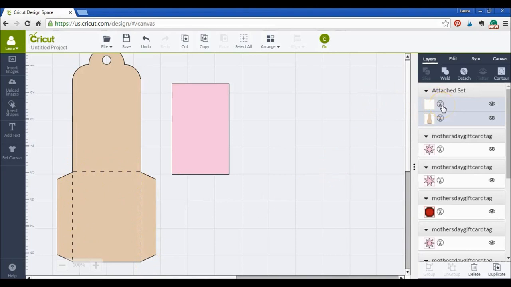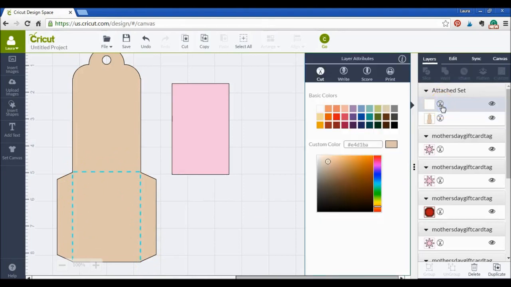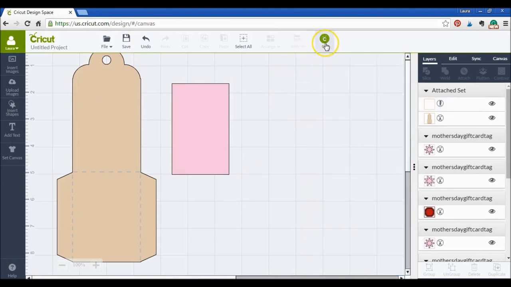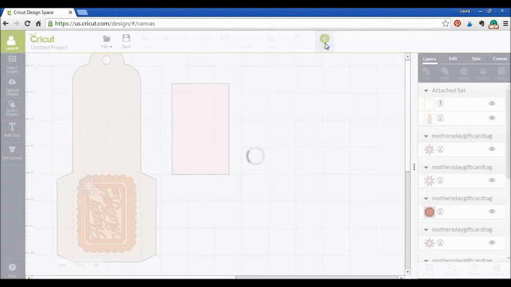We want it to score. So you're going to click Cut, and then you're going to change this from cut to score. You could also change it to write or print if you wanted to do that for a different project, but for this one we just want it to score. So now you can see when you click Go for your project,